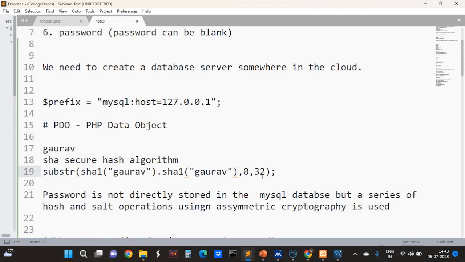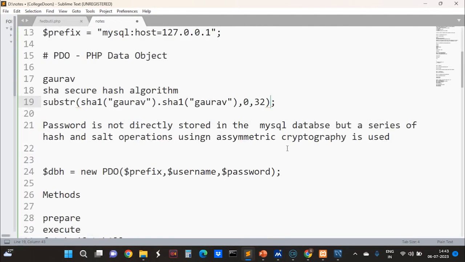It takes the first 32 bytes, because all the bytes are not meant to be taken. The length is constrained to only 32 bytes, so the password we are storing cannot be more than 32 bytes. Plus it sometimes has a salt also, where we mix in some characters, but we are not using that. One more thing is that the algorithm used for storing the data end to end is